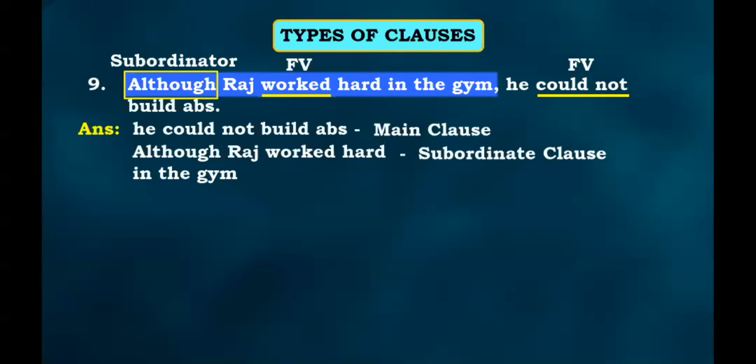So it is like, although I studied really hard for my examinations, I did not pass. Now it's so unlikely for that to happen, correct? Now कोई भी अगर बहुत मेहनत करता है तो ideally उसको पास होना चाहिए, correct? पर फिर भी नहीं हुआ. So it is contrast or concession. Extremely correct. Very good. So here the two clauses, the main clause and the subordinate clause, they do not agree with each other. They express opposite ideas. They do not agree with each other. Very clear? So there is a contrast here.